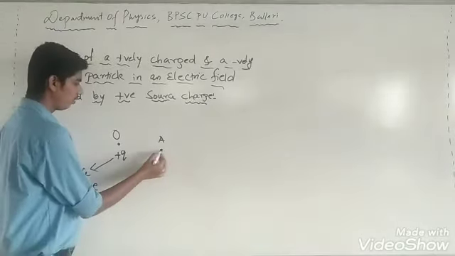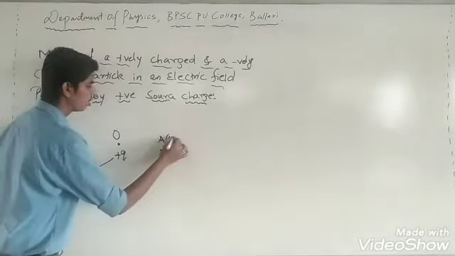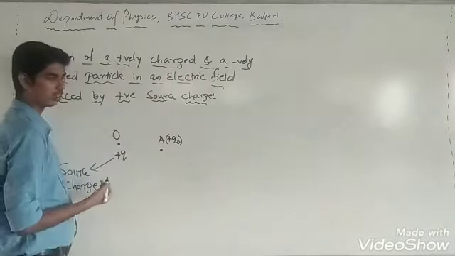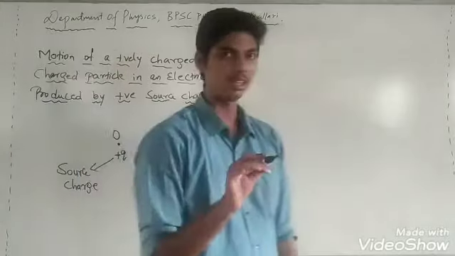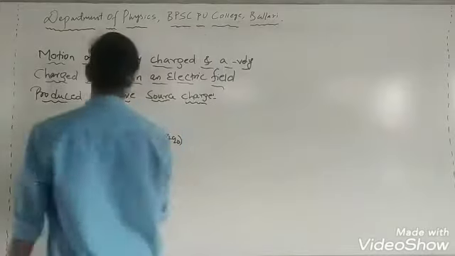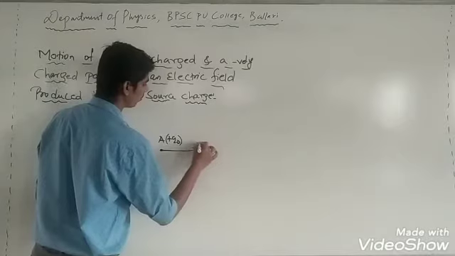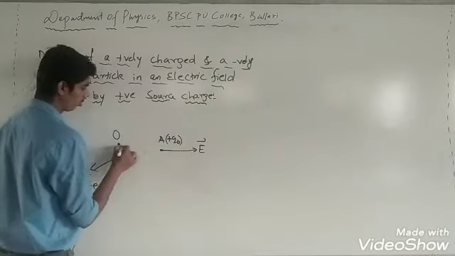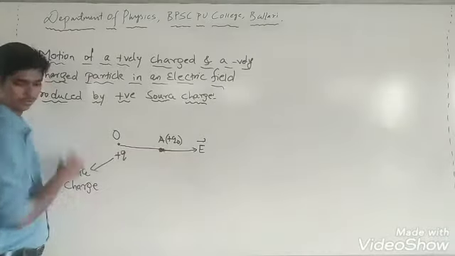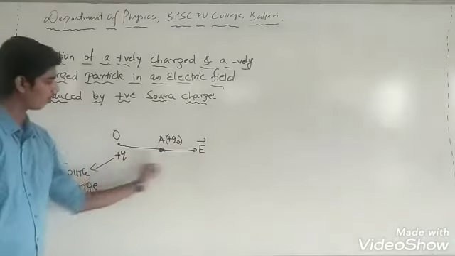Now we know what will be the direction of electric field at that point. How to find the direction of electric field? Place a unit positive test charge at that point and measure the direction in which it experiences the force. The direction of electric field is the same as the direction of the force experienced by the test charge. Since it is a positive charge, the electric field must be away from the charge. This is the direction of electric field intensity at this point. So due to a positive source charge, electric field intensity must be away from the charge.